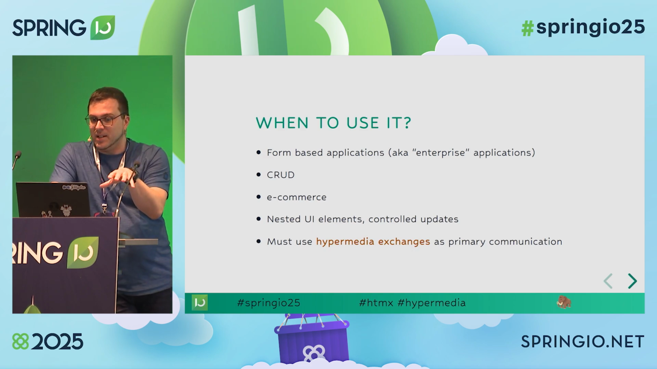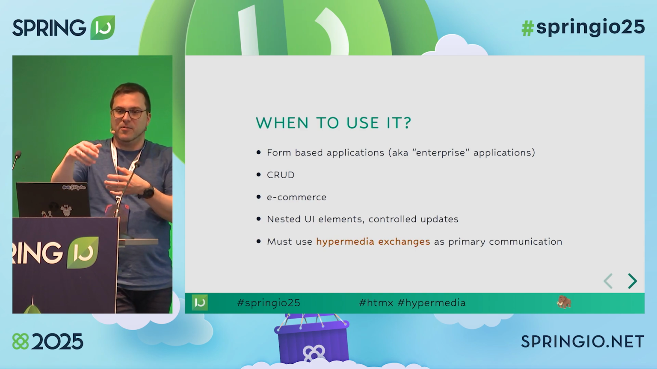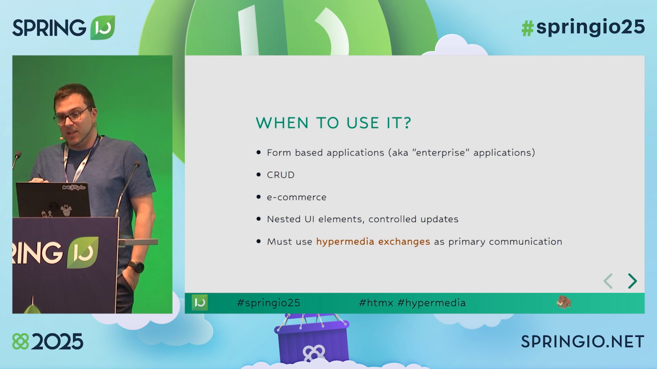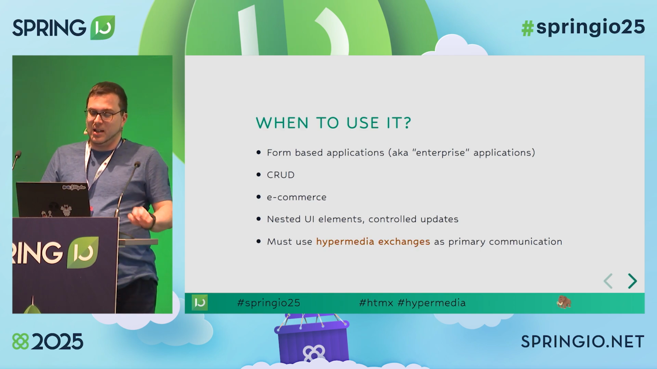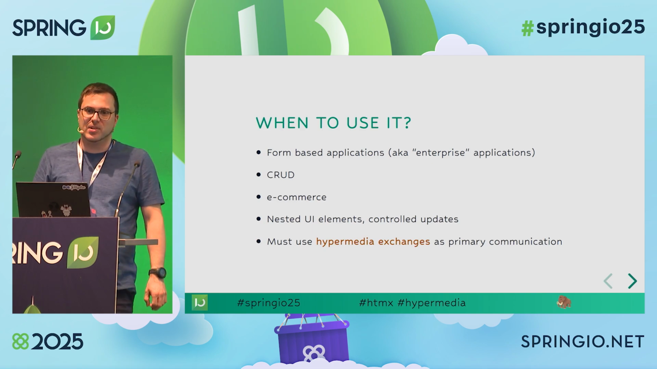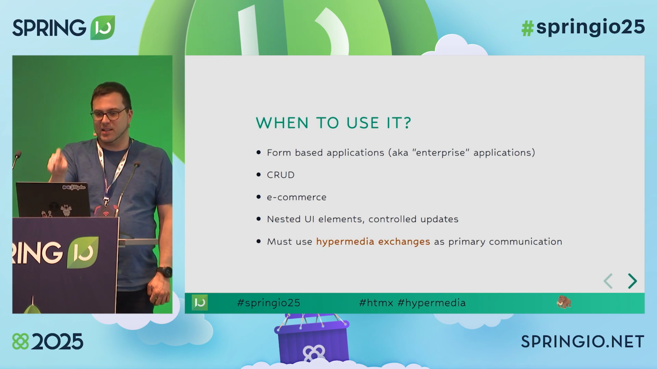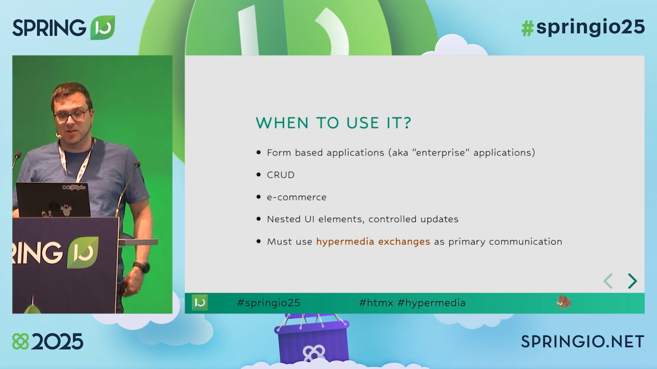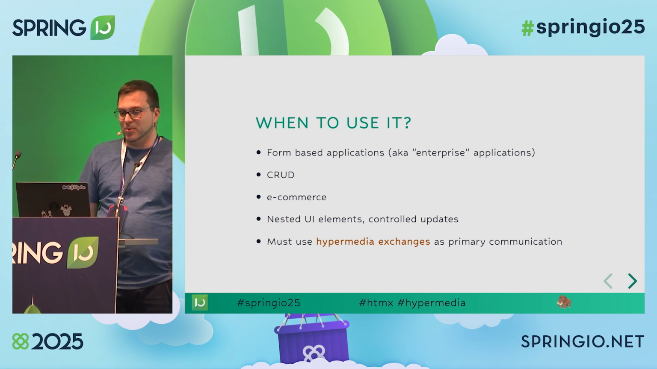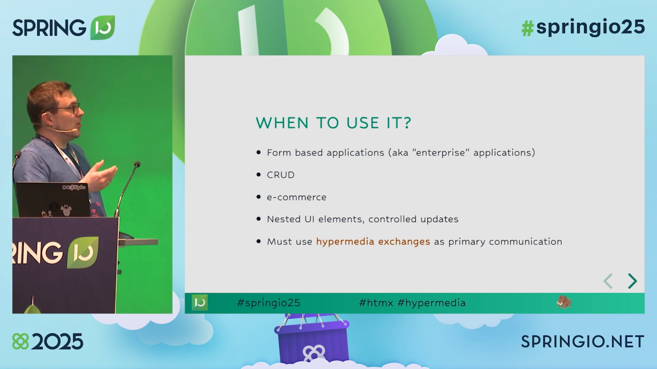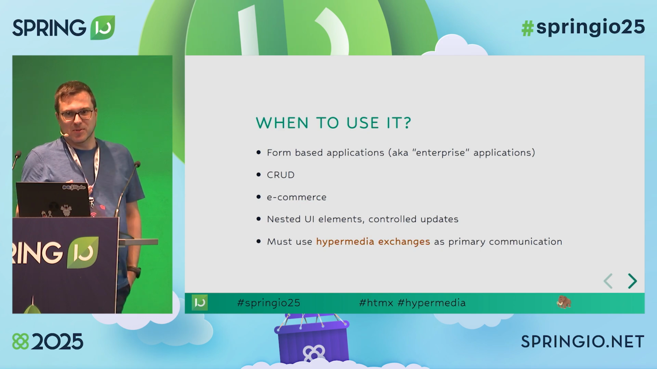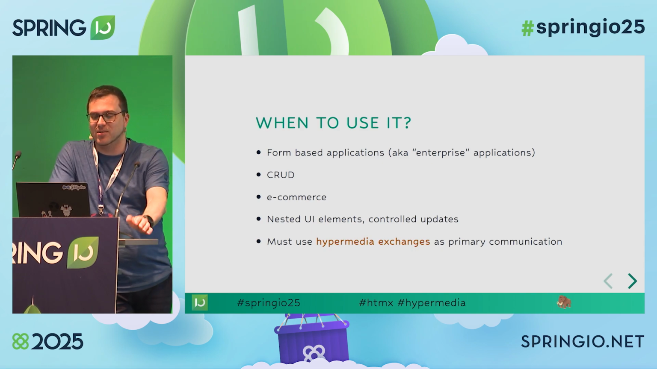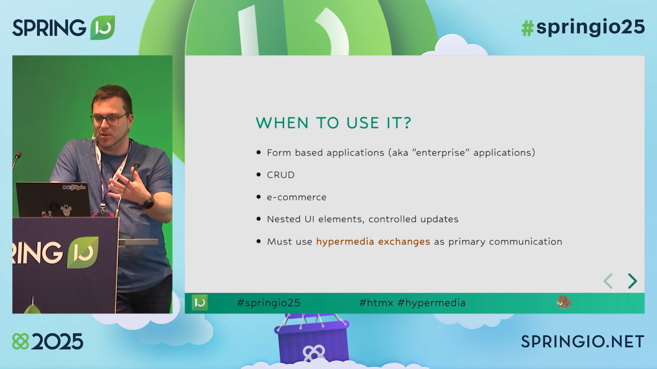You have nested UI elements and controlled updates, right? You click something, something changes. That's good. What's not good is uncontrolled or unrestricted updates. So think of misusing out-of-band swaps, right? You just click something, the table changes, and 5 other things, 10 other things on your page change. That's the path to maintenance hell. And of course, if you are bound to a JSON API from an external service, that's not something that would work, because